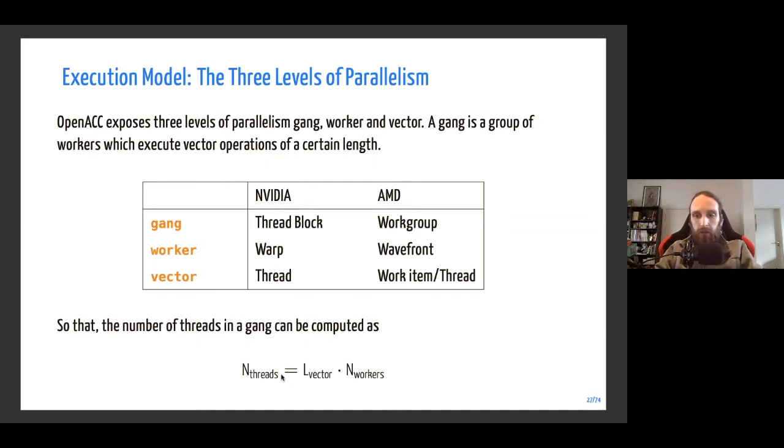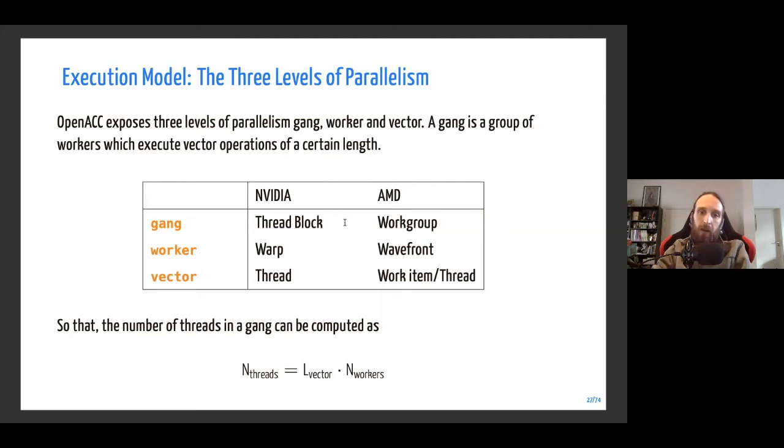OpenACC, by doing this, exposes three levels of parallelism, which are gang, worker, and vector. Basically, a gang is a group of workers which execute vector operations of a certain length.